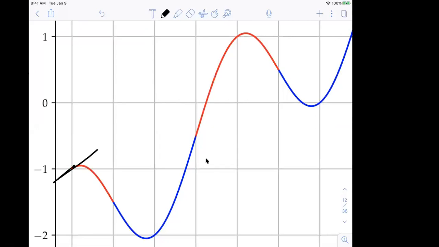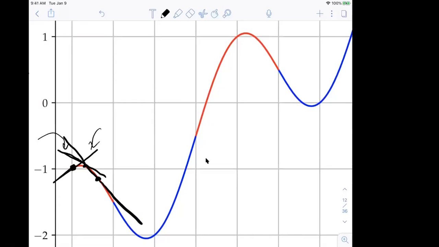If I take another point over here, the tangent line has a derivative that's negative, while the derivative at this earlier point was positive. So f prime decreased from this point to this point. And if I take another point right here and draw its tangent line in,